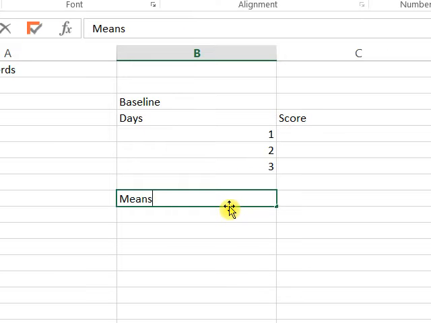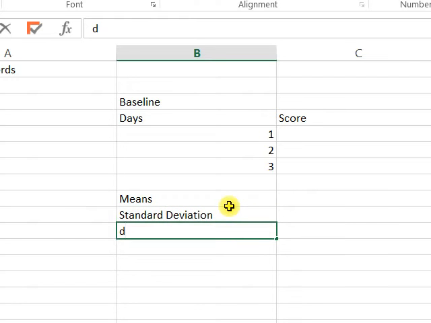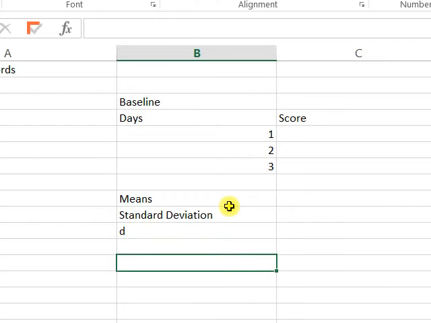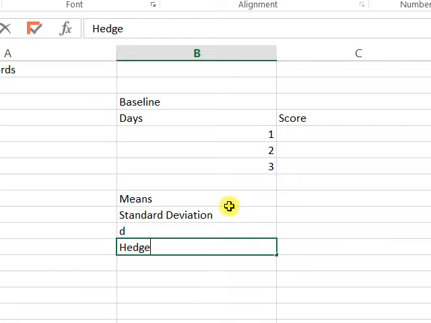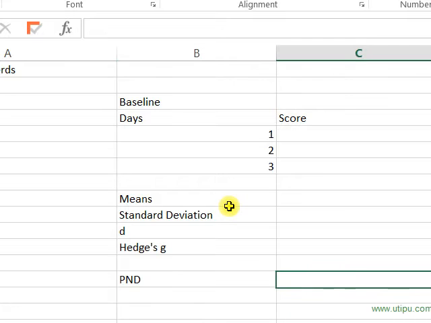Now I've got to calculate my mean, my standard deviation, and my D. I also have to do P and D. Some of you might do Hedge's G using the online effect size calculator, but P and D is where someone's going to go through and do reliability checks. So